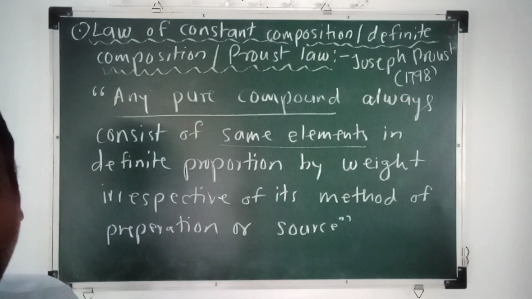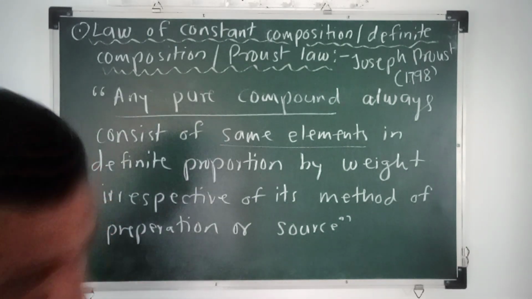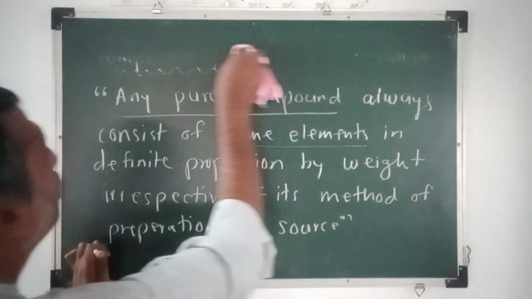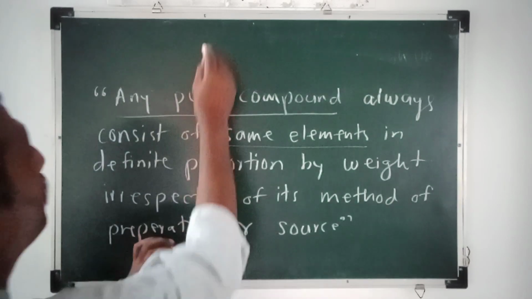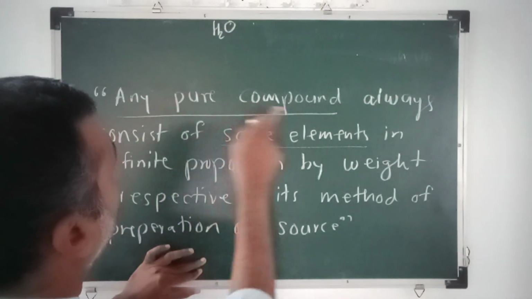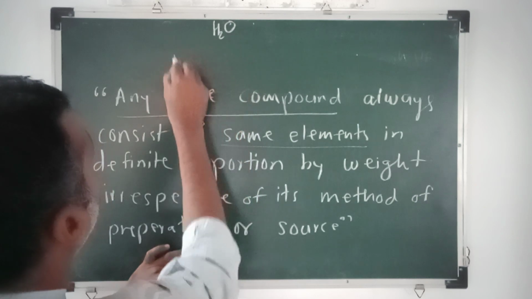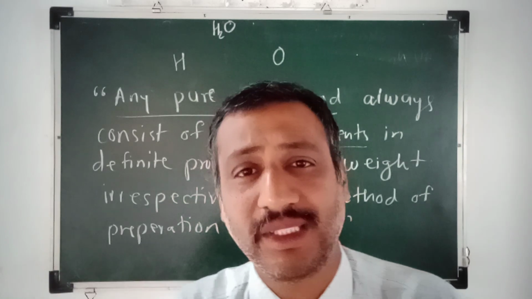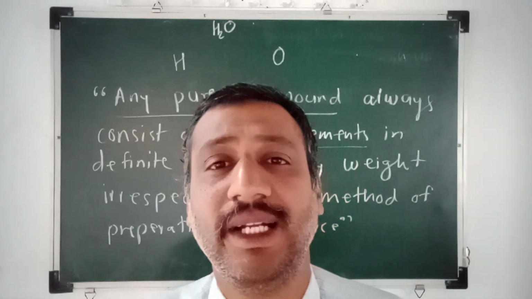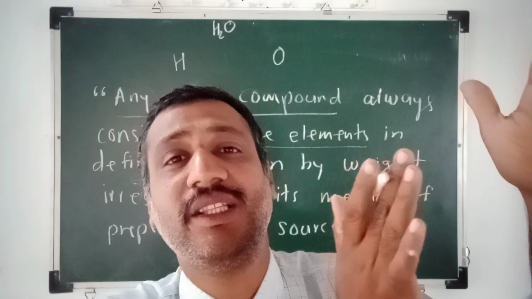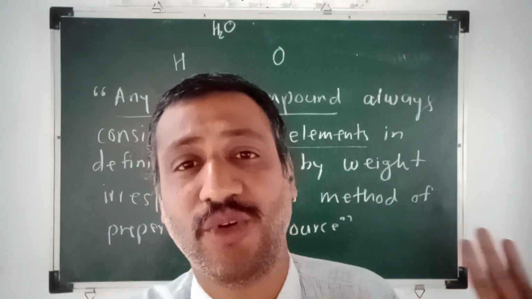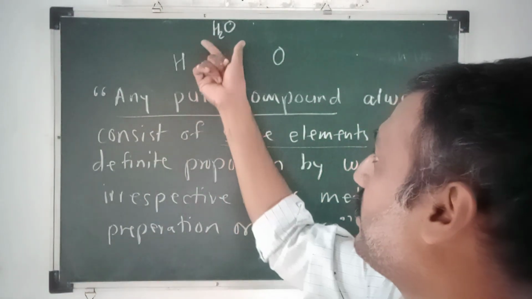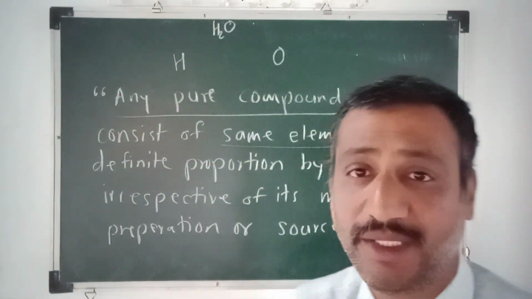Here it is written. What is its meaning? Any pure compound. Okay, here I'll take the example of pure water, the universal solvent. So pure water always consists of which two elements? Hydrogen and oxygen. The law is simple. What the law means, that also we know. Here we have to correlate that. Whatever we know, it was stated in the law of constant proportion or constant composition, that we should link. Okay, so pure water always consists of hydrogen and oxygen, we know.